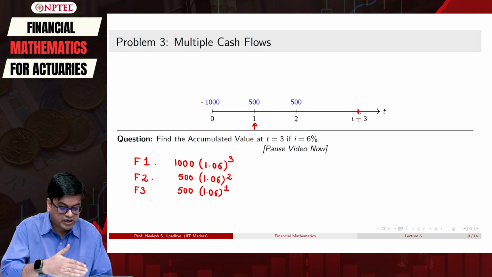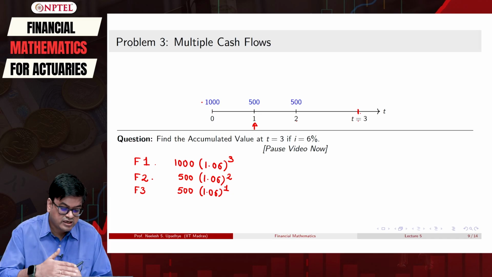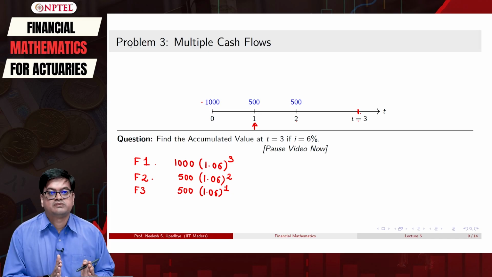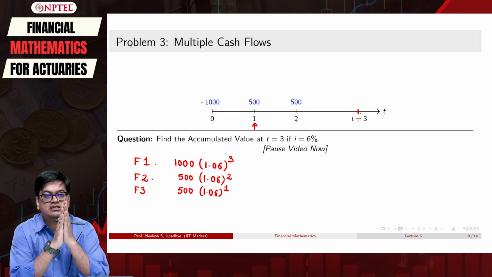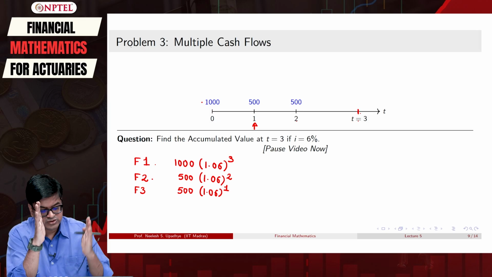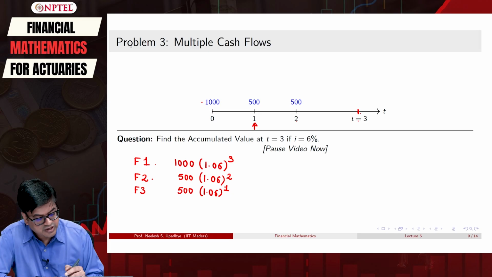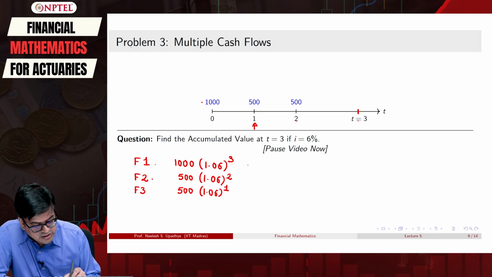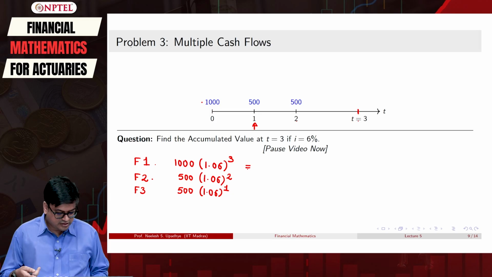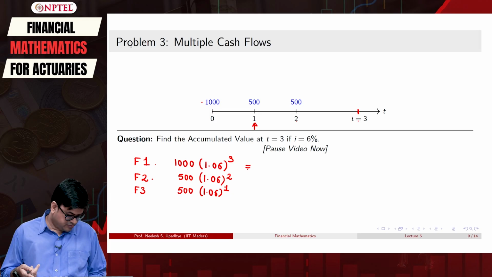So now we are talking about all this money at time point 3, where we can add these amounts. So the money's time dimension is collapsed to time point 3 now. There is no time dimension to money now. So first I will calculate these numbers. Again we will take help of our calculator to calculate these numbers.